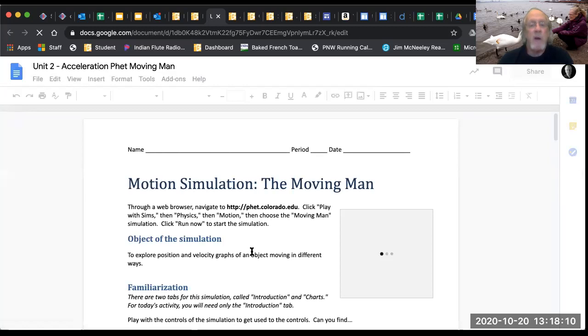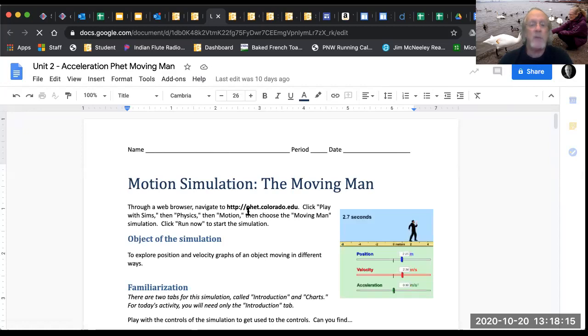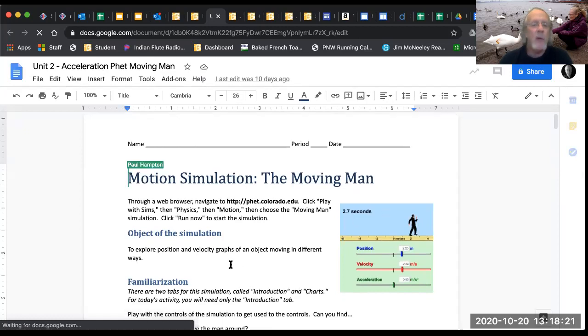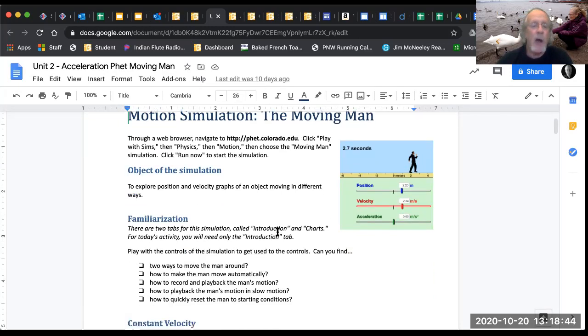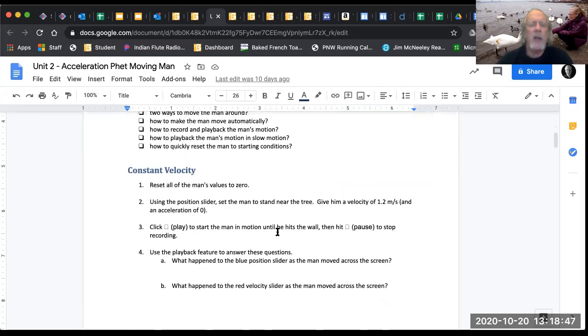there are really very, very detailed instructions about how to use this simulation. And here's the web address for it, phet.colorado.edu. This is what you're looking for. There are three ways to get into that, either as a Java or as a browser or just playing it embedded. And sometimes some of those work better or worse, depending on your computer and your internet. So first thing, get in and play. How do you move the guy around? What are these little buttons and things for? How do they work? Once you're going, okay, I get this, then reset all the values and start going through